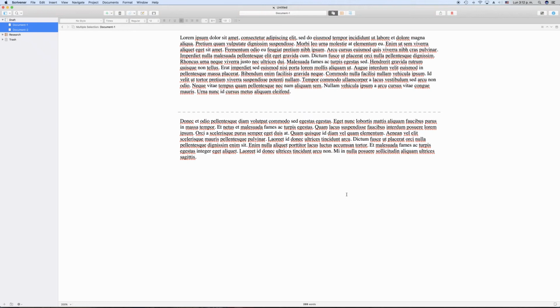Let's look at how you can export files from Scrivener. Since Scrivener can hold many documents inside one project, you will want to export one or more of those documents from time to time to hand to other people who don't use Scrivener. And even if they do use Scrivener, you might not want to hand over all your notes and research documents, but rather just one document or a selection of documents that is specifically for them.